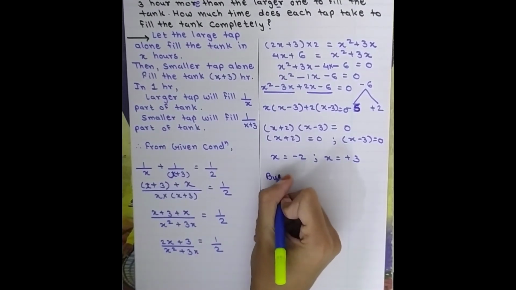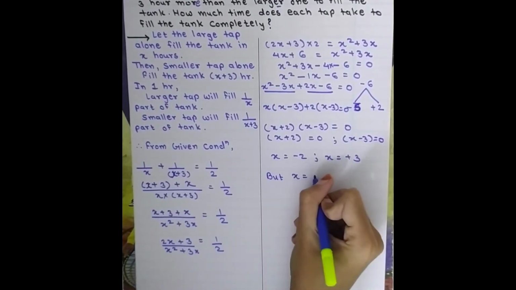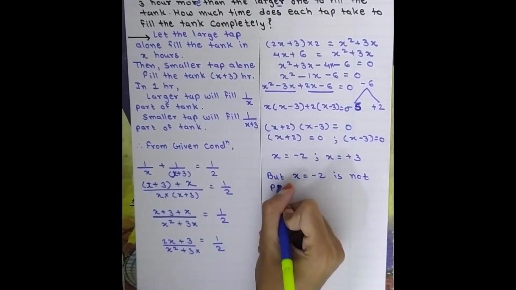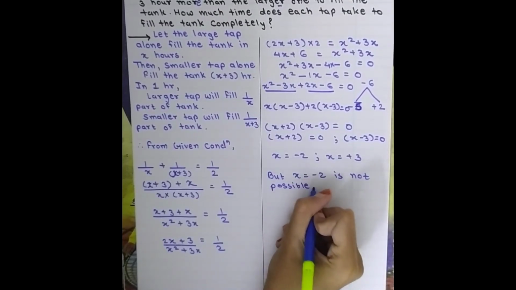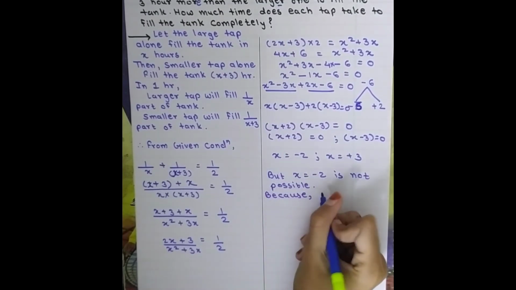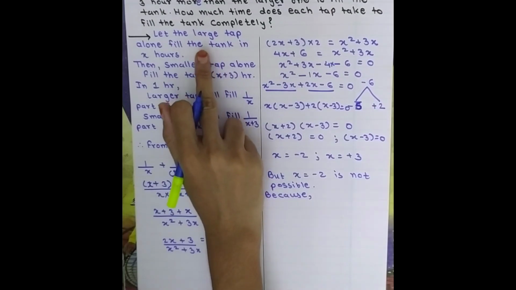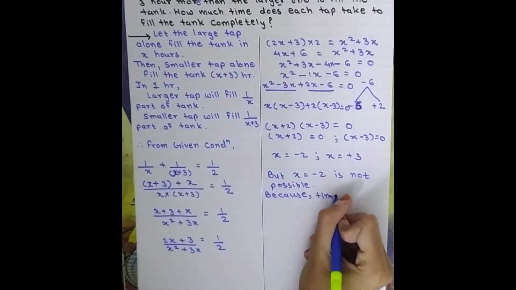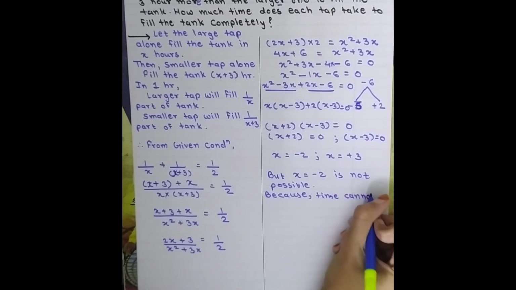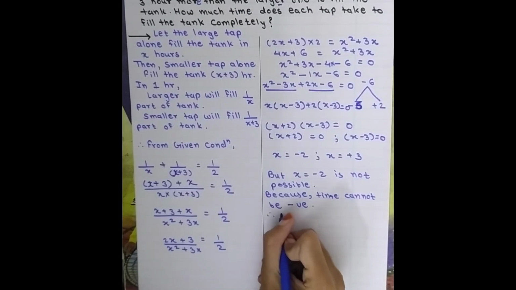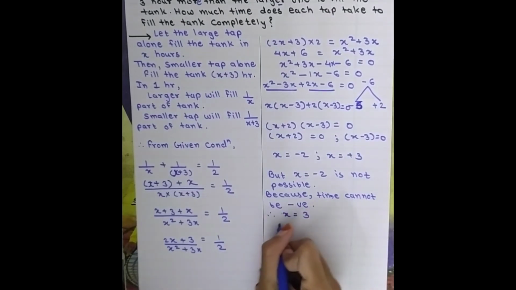But x is equal to minus 2 is not possible, because time cannot be negative. Now we want to find time here. So time cannot be negative. Therefore x is equal to 3 and x plus 3 is equal to